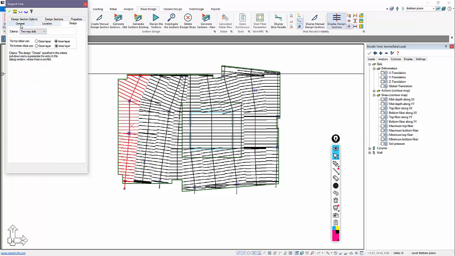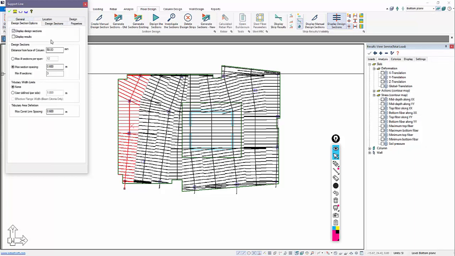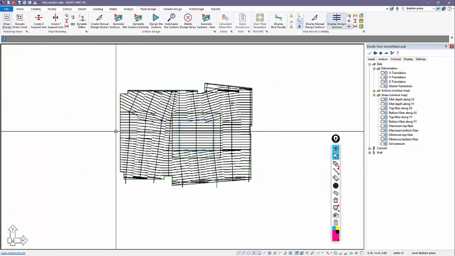The design section options give the user the ability to change where the design cuts start relative to a support, how many sections are in each span, or what is the spacing of the sections. Tributary width limits, this is new to version 2019. So the user could dictate to which side, each side of the support line, how far the tributary width is going to be for a given support line. So those are new options coming in version 2019.